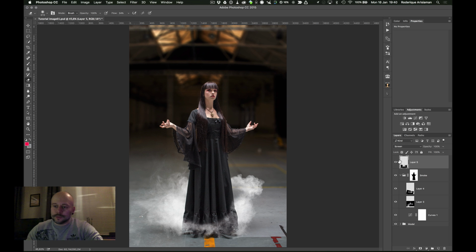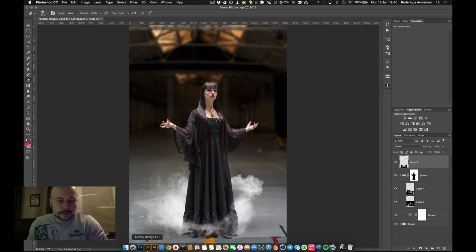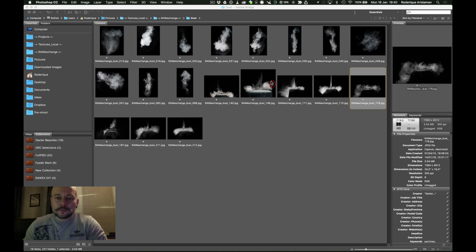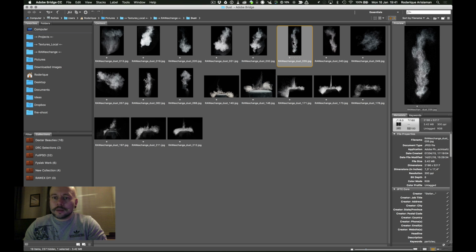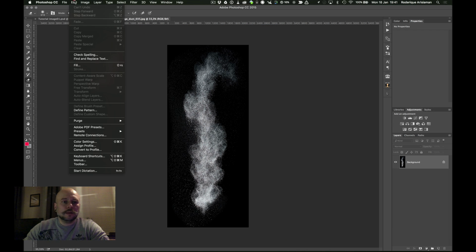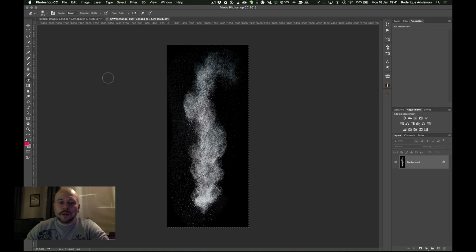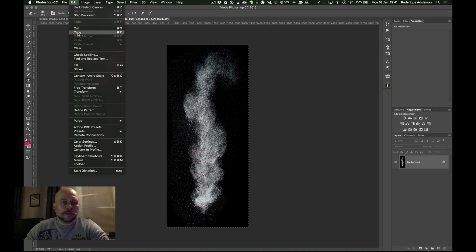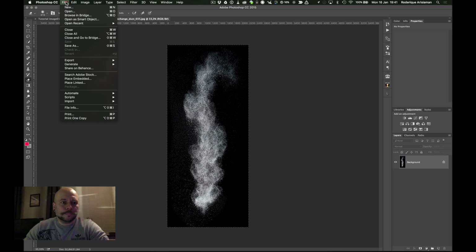Just make sure it looks believable as far as this can go. Now, for the real magic. Let me select one of these, like this one. Yep. Again, select all, edit copy, file close,